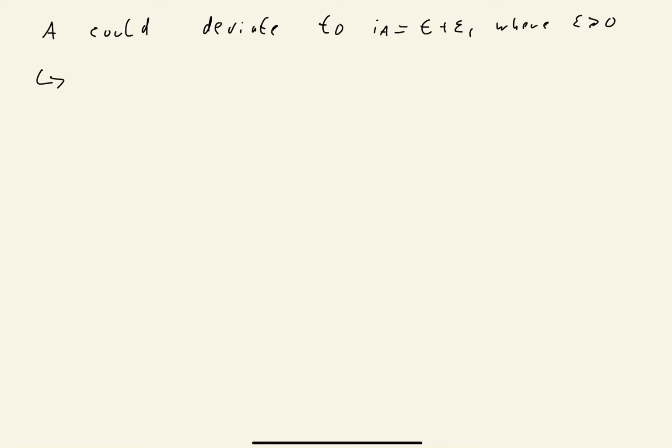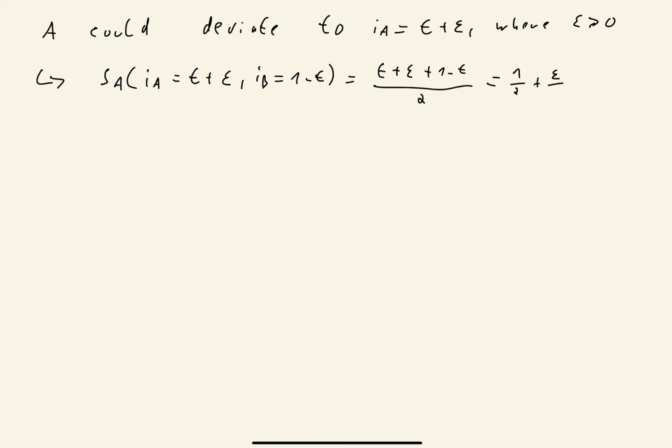As a consequence, the vote share of candidate A, if he's choosing T plus epsilon and B is at 1 minus T, then the vote share of A is T plus epsilon plus 1 minus T divided by 2, and this is equal to 1/2 plus epsilon divided by 2, and obviously this is strictly larger than 1/2. A would win with certainty,